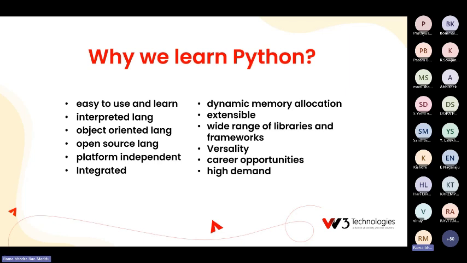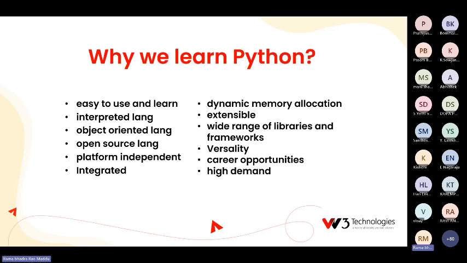It is extensible. So there are n number of Python libraries, supporting programs written in Python and other languages, written by several community people. They are freely available on the pypi.org website. 1,37,000 plus libraries and frameworks are available in Python. Based on our requirement, we can use any library.